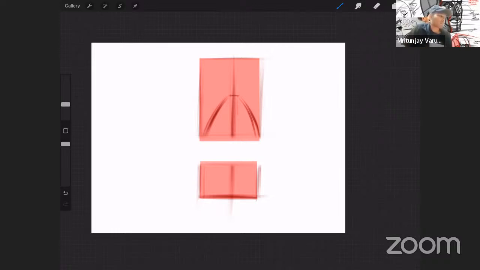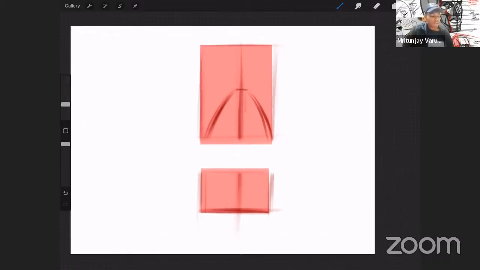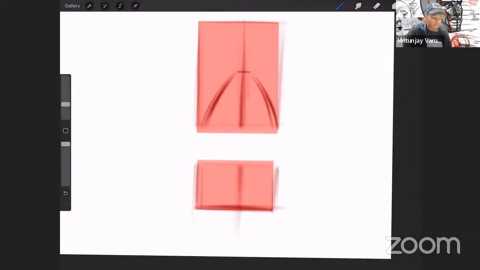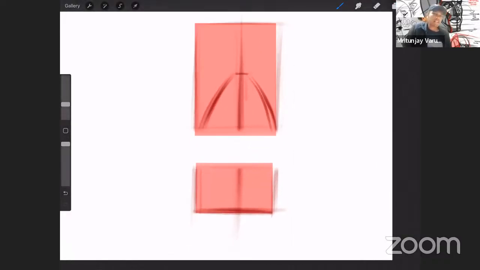So there we go. The first thing I have here is these two boxes. Some of you might have just guessed it, this is the representation of the rib cage and the pelvis. So I have these two boxes right here, and what's going to connect them? I'm going to take a layer here really quickly. What's going to connect it? Basically we call it the core.